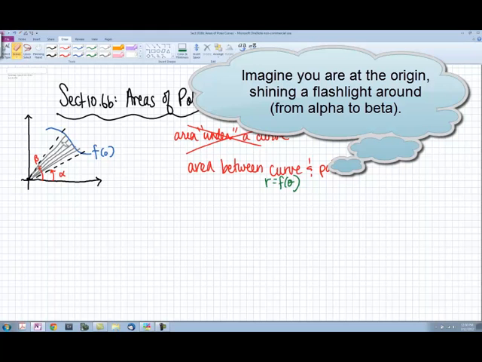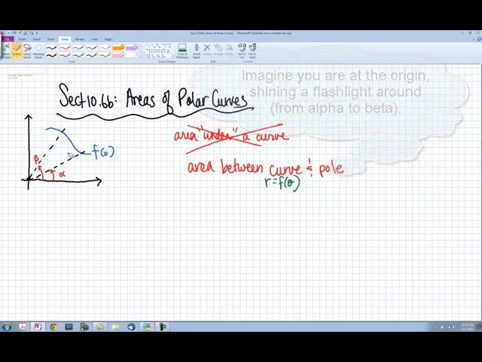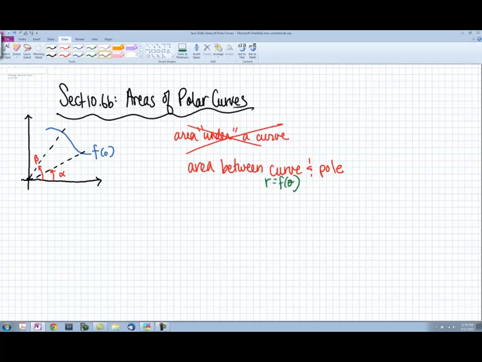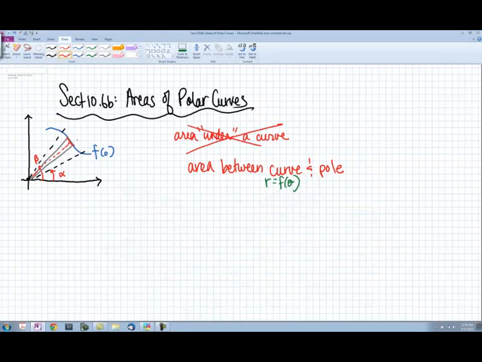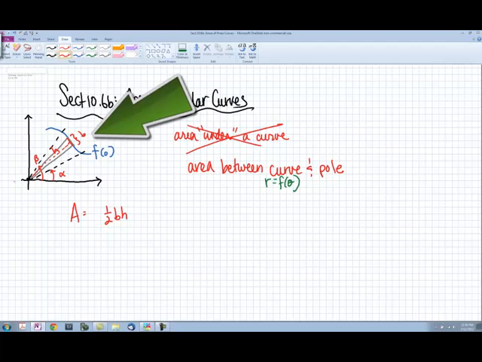Each one of these pieces in here, if you'll imagine, looks like a little triangle. So I'm going to just draw one of them, but I'm going to have to draw it a little bit big so that you guys can see it and imagine it. And if I were to find the area of this piece, it's a triangular section, so the area of the triangle is 1/2 base times height, where this is your base and the height is the distance from the pole